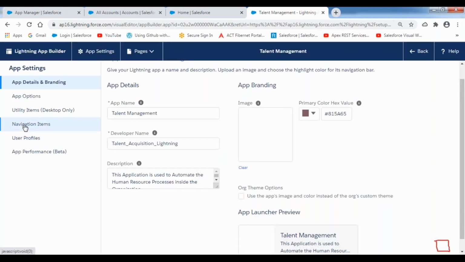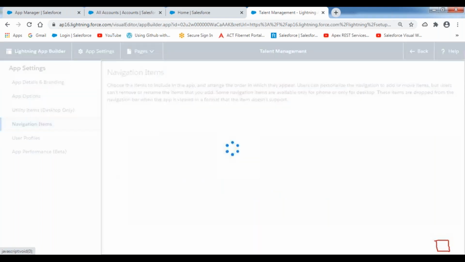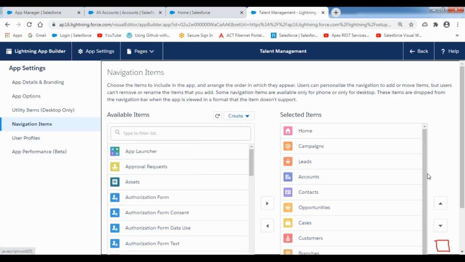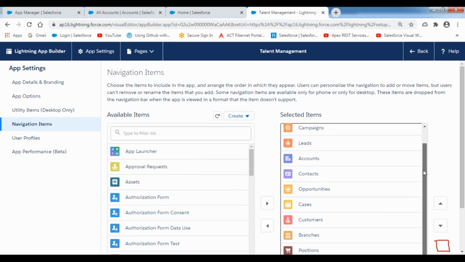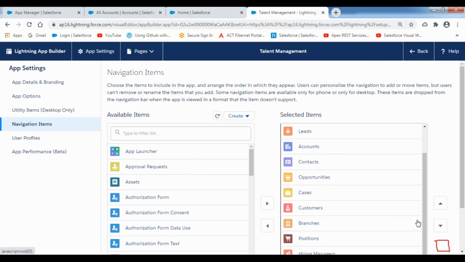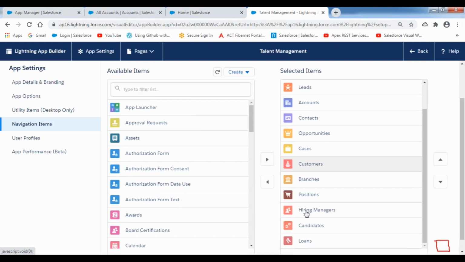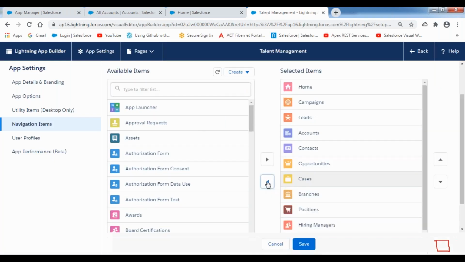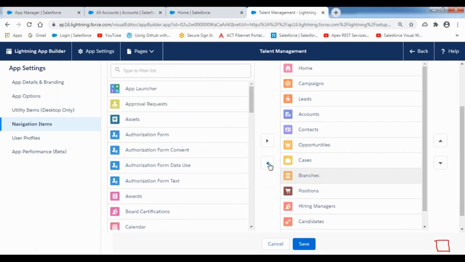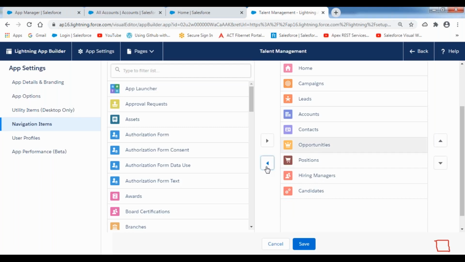And then navigation items. What are the various tabs to be visible? These are the tabs that are currently visible here. I don't want to show all these tabs. Like customers, I don't want. I'm removing this. And then branches, I don't want. I'm removing this. And the loans, I don't want. I'm removing this. Cases also I don't want. I'm removing this. So these are the various tabs to be visible: campaigns, leads, accounts, contacts, opportunities, position, hiring